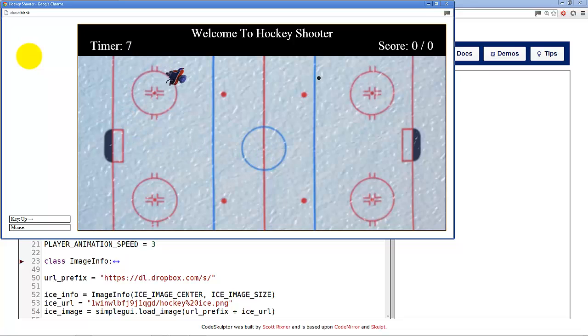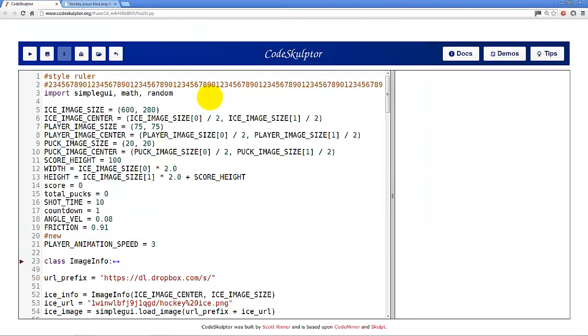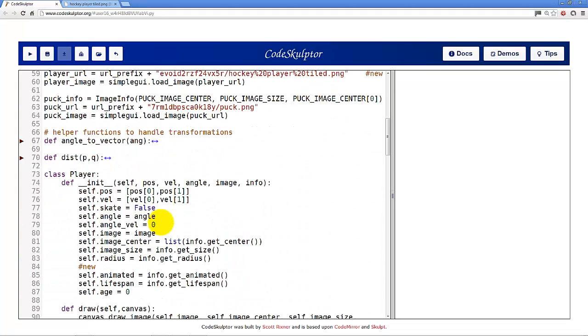And as you can see, the player is now rocking back and forth and its legs are moving when it's skating around. With those few changes, we were able to add animation to the player. So now we'll add some code so that the player can get the puck. First, in the player class,